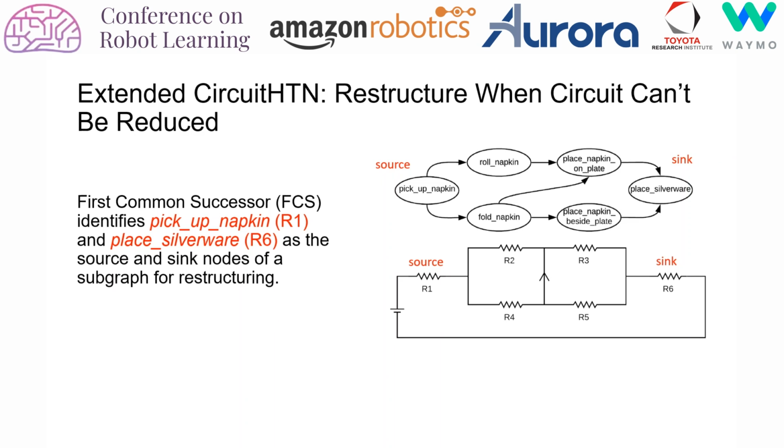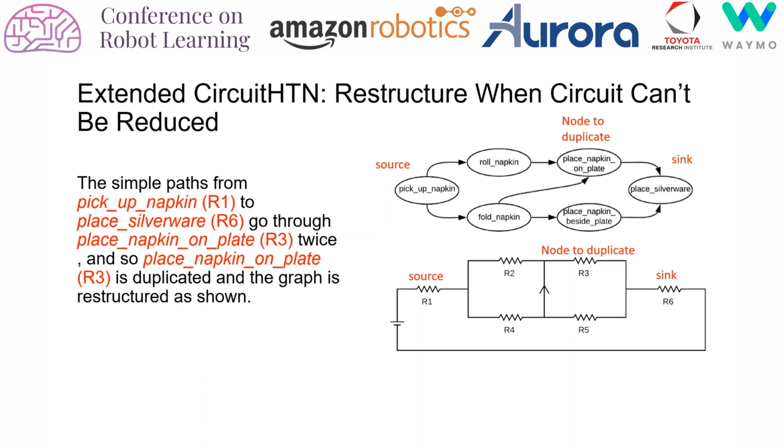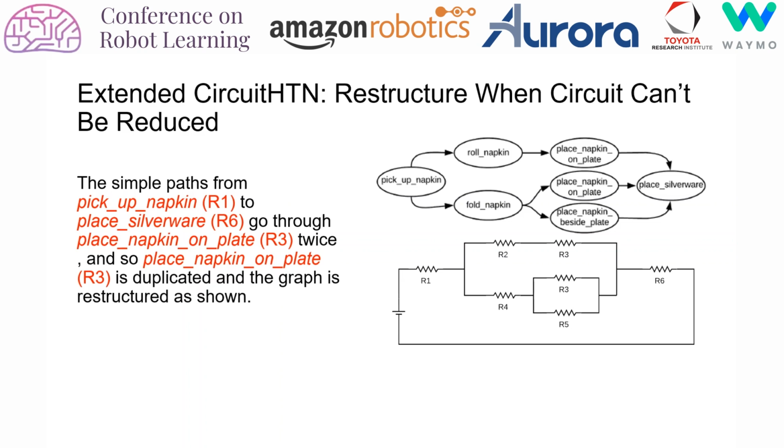We run the first common successor, or FCS, algorithm to find reconverging paths in the graph. FCS will identify the nodes R1 and R6 as the source and sink nodes of the subgraph containing reconverging paths. Note that the simple paths from the source and sink nodes go through the node R3 twice. Thus, extended CircuitHTN duplicates node R3 and restructures the graph. This is the result of the restructuring, and now we can perform our reduction rules for combining resistors in parallel